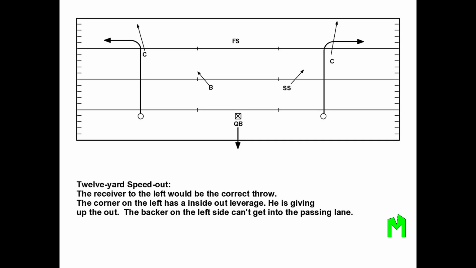The 12-yard speed out highlights how inside-out leverage by the cornerback concedes the outside route. The left cornerback is giving up the sideline, and the linebacker can't get into the passing lane to disrupt the throw. This creates a clear advantage for the left receiver. Recognizing these defensive tendencies allows the QB to confidently target the receiver who's most likely to get open on deeper